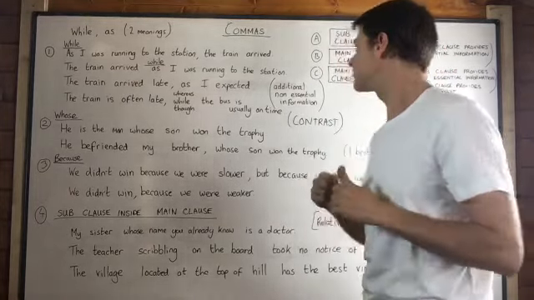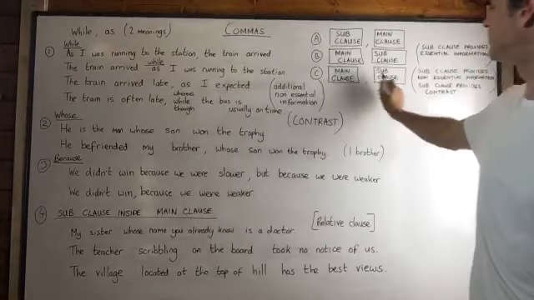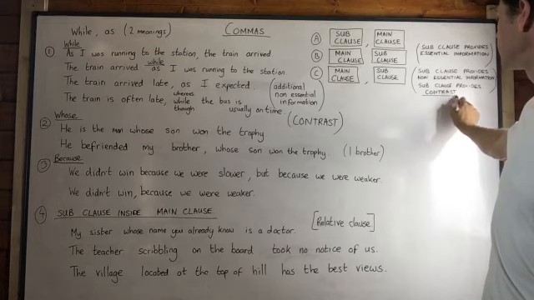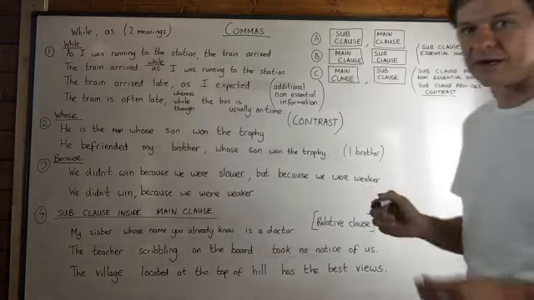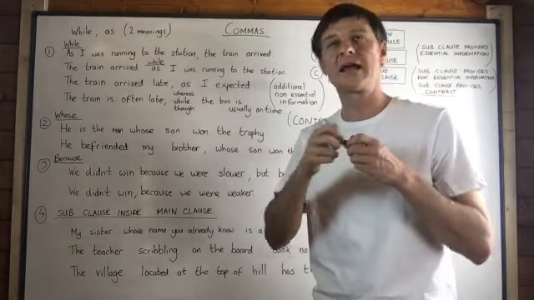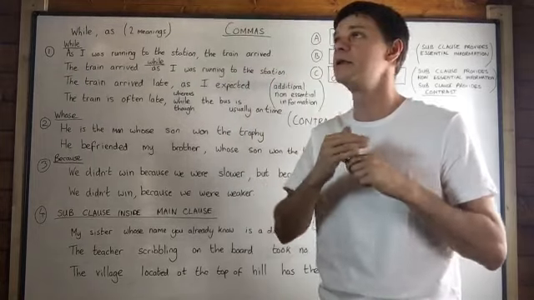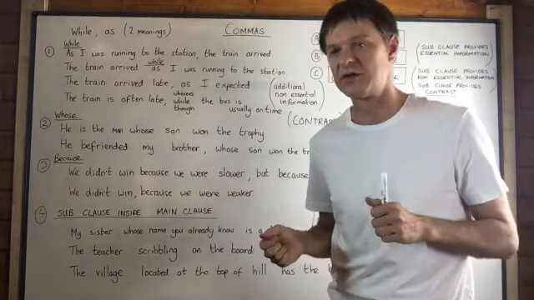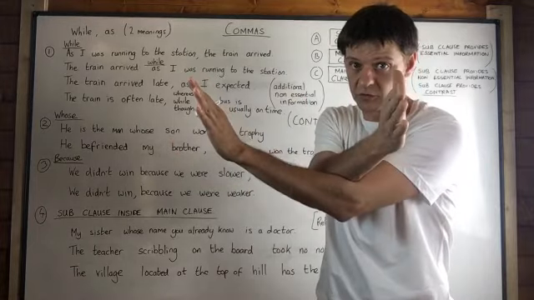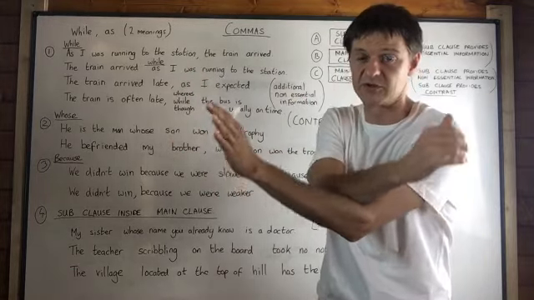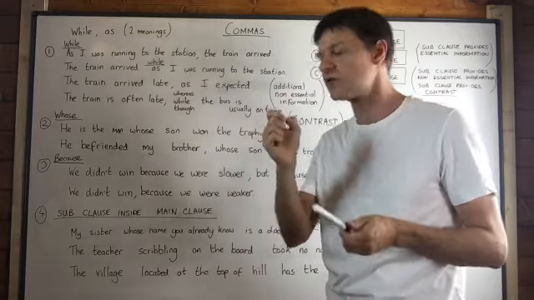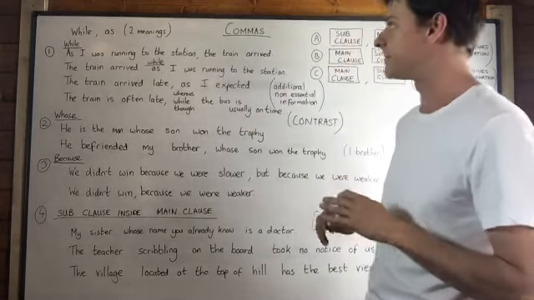And contrast is very important because if the second clause is a subordinate clause and it offers contrast, then we use a comma. So while can be used as a contrast. For example, while he likes orange juice, I like apple juice. But I could equally turn those two clauses around and say, I like apple juice, while he likes orange juice. And if I do that, I would use a comma because there's contrast there.